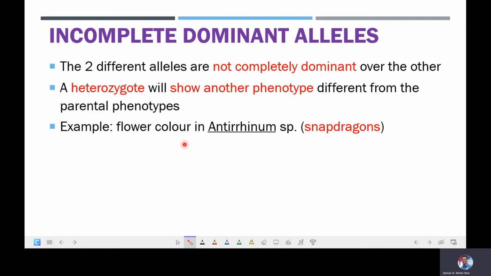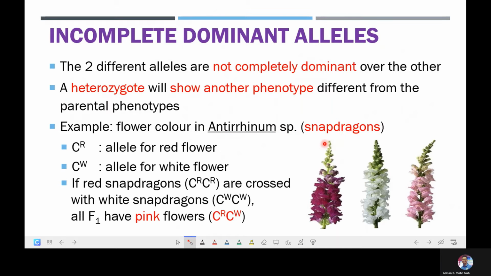For example, if we look at the color of the flower in the antirrhinum species plant, or the snapdragons, these will be the alleles that will be involved. One of the alleles will be this C capital R allele, which is actually the allele for the red flower. Another one will be the C capital W allele, which is the allele for the white flower. If the red snapdragons with the genotype of C capital R C capital R are crossed with the white snapdragons with the genotype of C capital W C capital W,